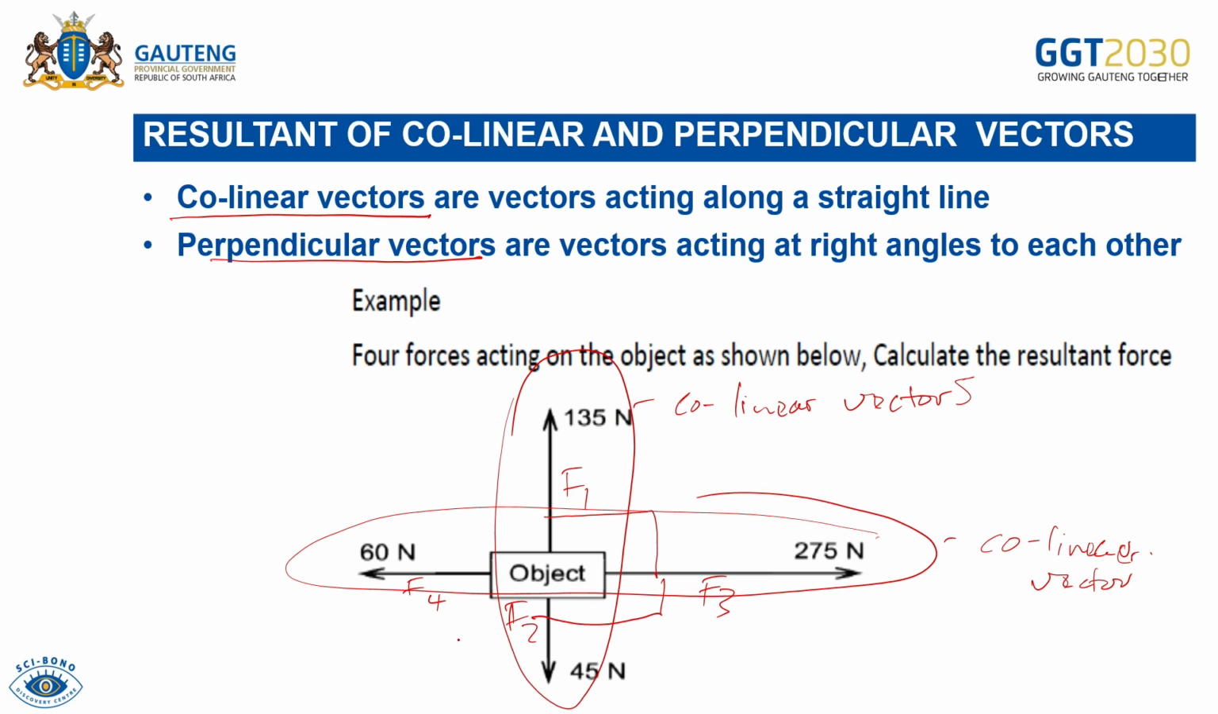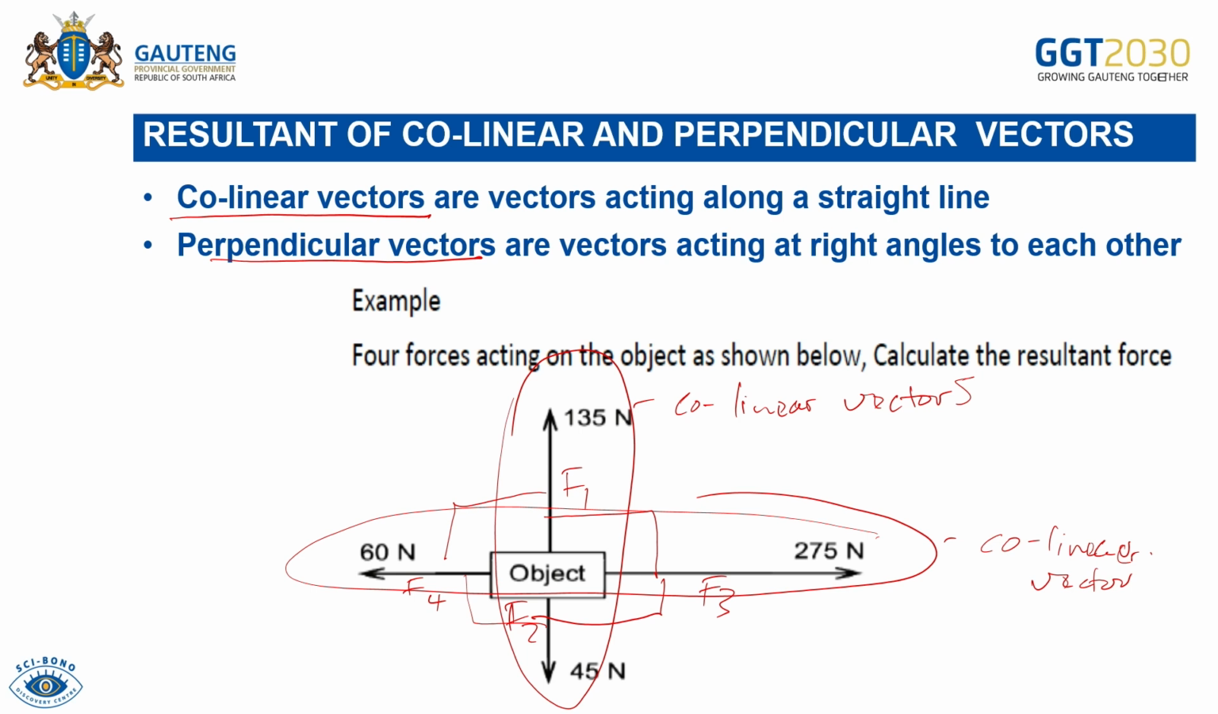Same with 60 and 45 newtons. They are perpendicular to each other, right? And then same with your 135 and 60. They are also perpendicular to each other. So what are perpendicular vectors? Those are vectors that are acting at right angles to each other, so the angle between those vectors is 90 degrees. So we call them perpendicular vectors. What we are going to do now is to find the resultant of these